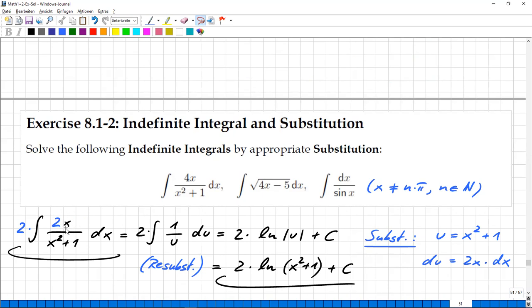this expression 2x times dx, which is in the numerator, right? This 2 times x times dx is exactly what we found here, so I can replace it by du, a differential of the new variable. And also the term in the denominator gets simply replaced by u. So all that remains is a factor of 2 outside times the integral now of 1 over u du, which is really simple